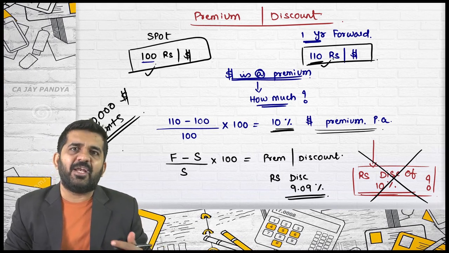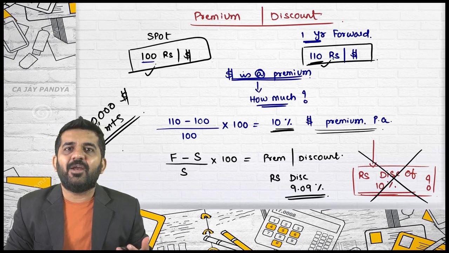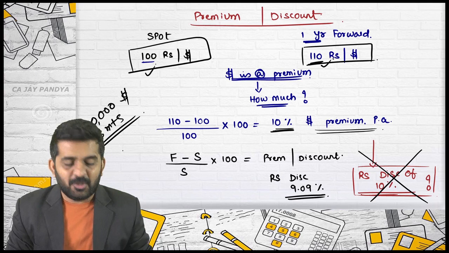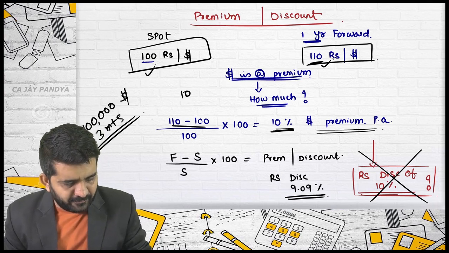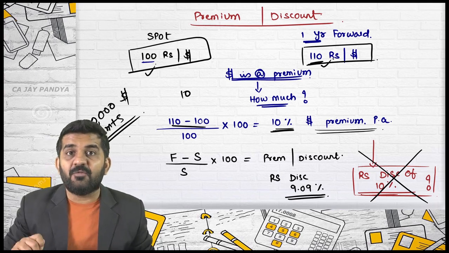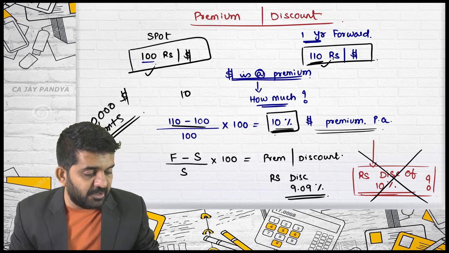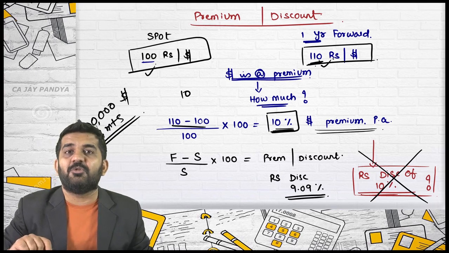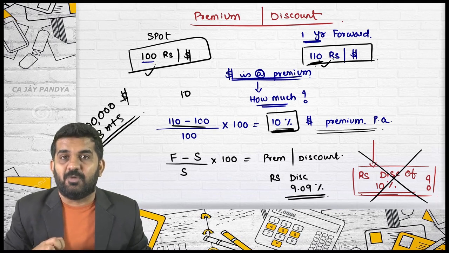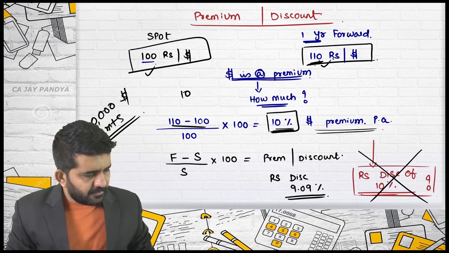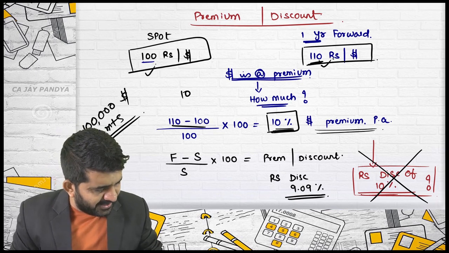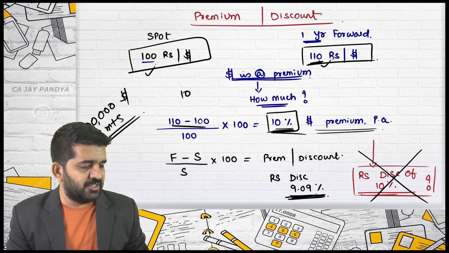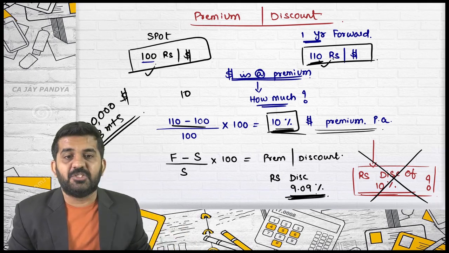And whenever you are finding out a rate, try to understand you are finding out interest. There is no use of finding out time value of money, because practically what is 10 rupees? Interest, and you are finding out the interest rate at which something should be discounted. So 110 should be discounted at 10% to get the current value. My question is, why is this 10% and this 9.09%? It should be 10%. What is the reason it is coming 9.09%?